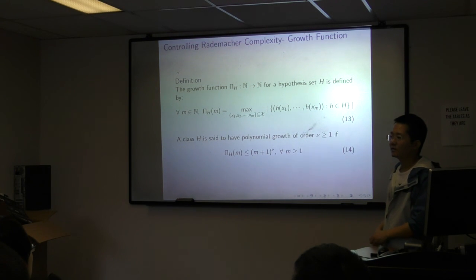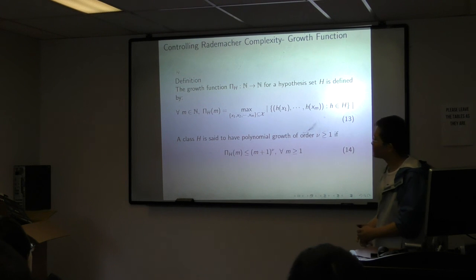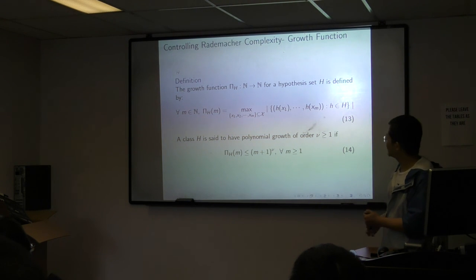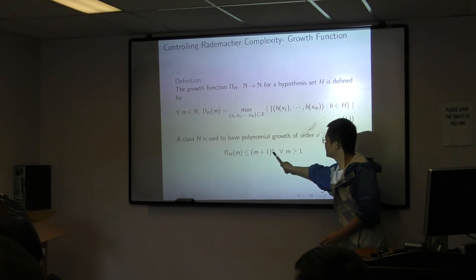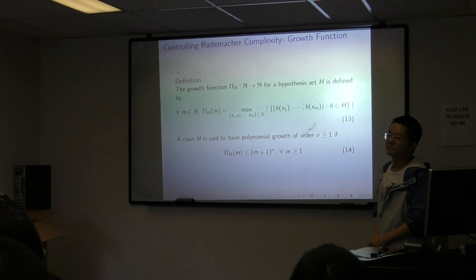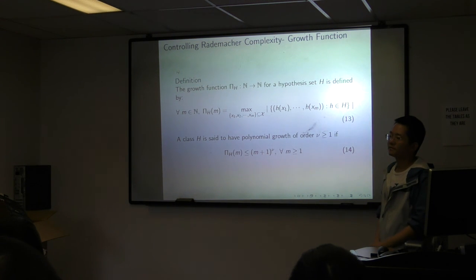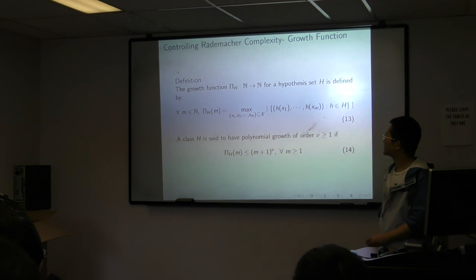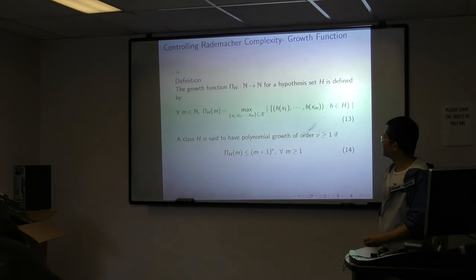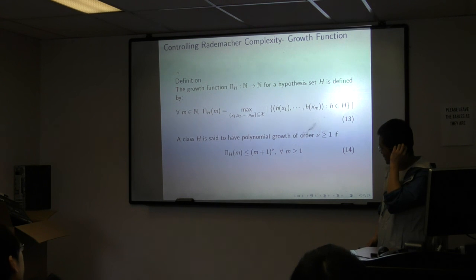Which do you think is more important, m? No, I think this is more important. Very good. Nu is actually much more important. So why is nu more important? So that's the reason, and now